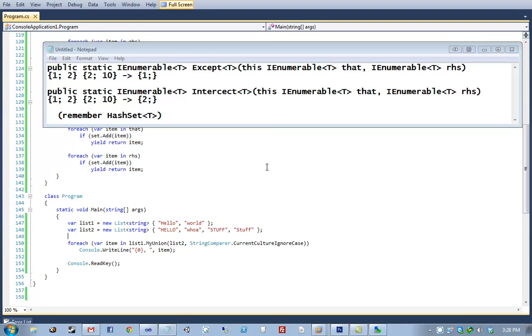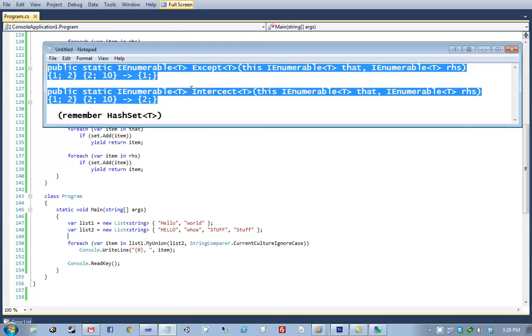No, because this is the thing, except doesn't have 10 in it. It means return or deal with the things that are from the first IEnumerable that aren't in the second one. Not the unique ones, so not the ones that are in one or the other. That's kind of what I was getting at. Is there not one that returns the ones that are only in one of the lists, but not both, that would give you back 1 and 10? Now my brain isn't working. Well, you can have a look for that while people are coding.